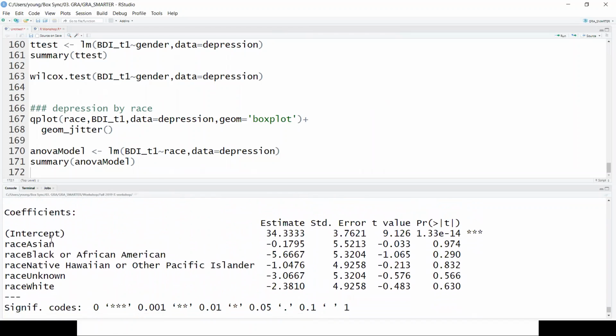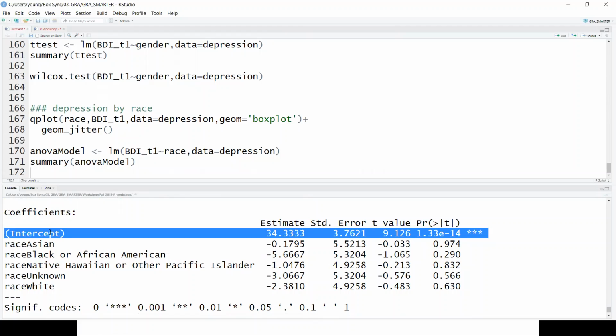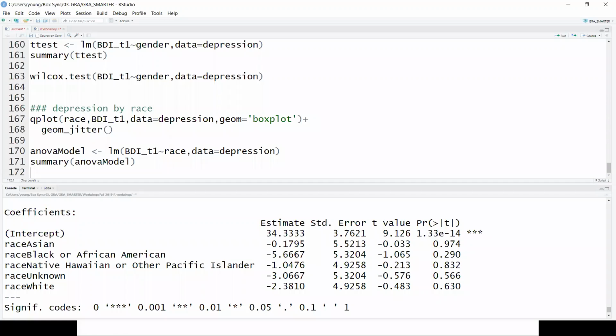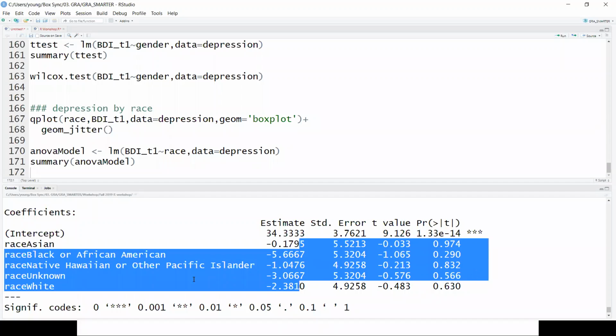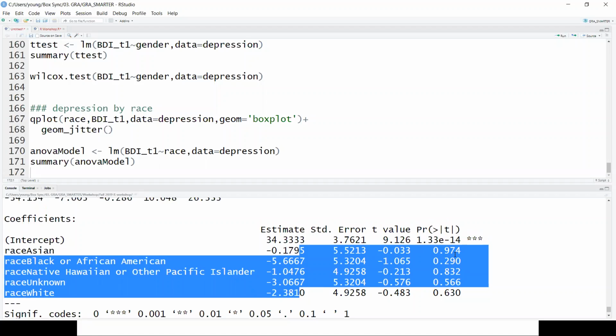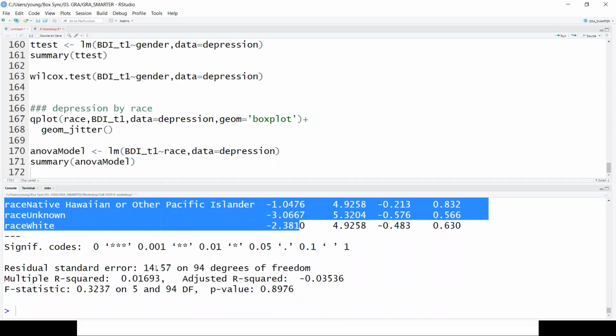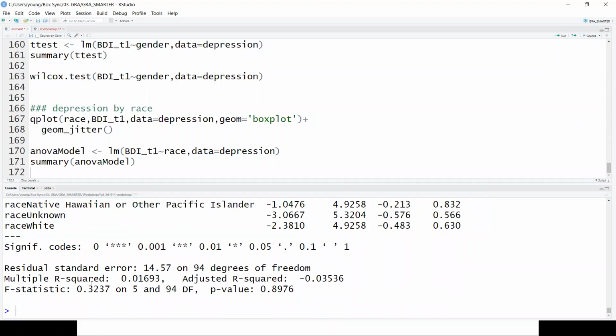Okay. So yeah, the intercept is the reference category, which is American Indians, right? And then these are the differences between all of the other categories and American Indian, right? None of them are significant. If you want an overall test, the F test is down here at the bottom. It's that same F statistic as before. That's what we're looking for, and there's your p-value. So if you want an ANOVA table, or actually,